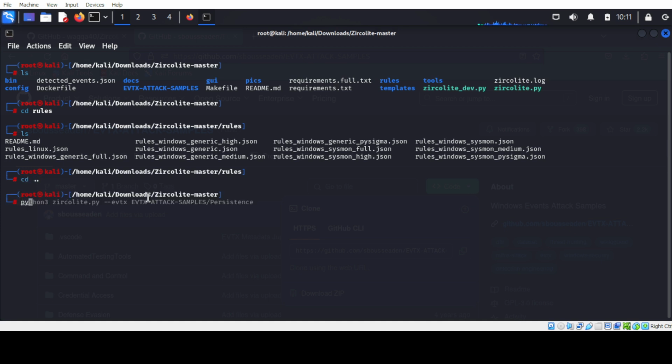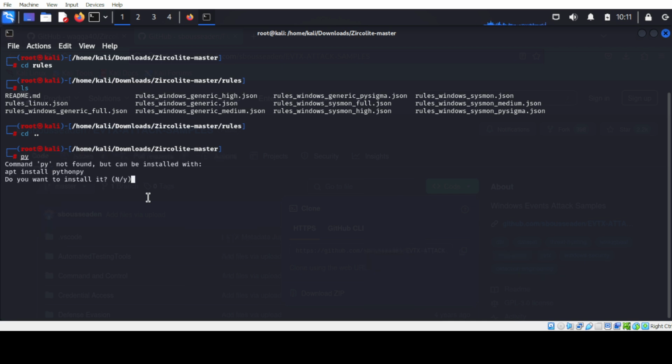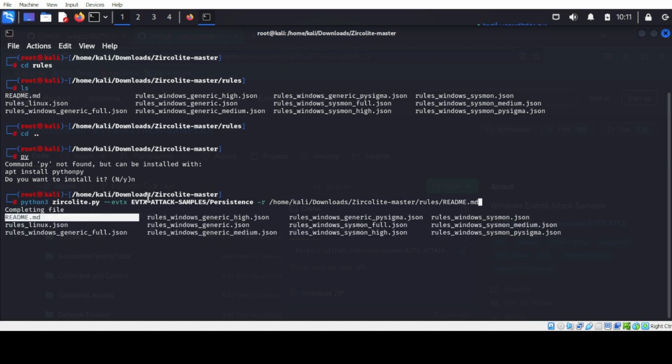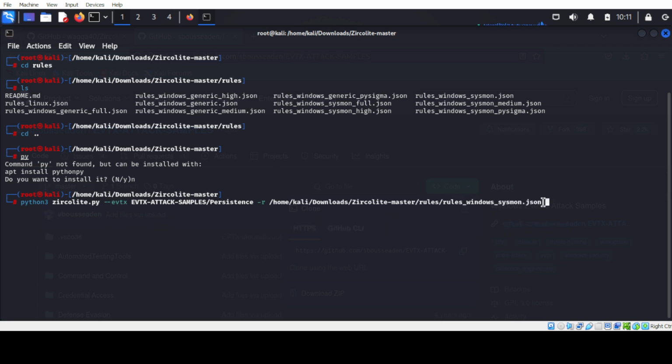I'm just typing it here. This is the command. Now here I should specify the rule path, Kali, then the download directory name, and then rules. Among the rules, which rule set do I want to use? I want to use the Windows sysmon JSON set. I select the set and press enter.